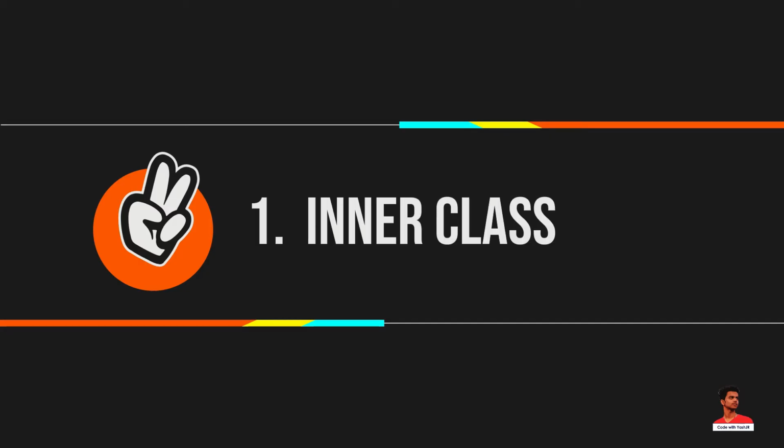We know a class cannot be associated with the access modifier private, but if we have the class as a member of another class, then the inner class can be made private. While creating an inner class, you just need to write a class within a class. Unlike a class, an inner class can be private, and once you declare an inner class private, it cannot be accessed from an object outside the class.